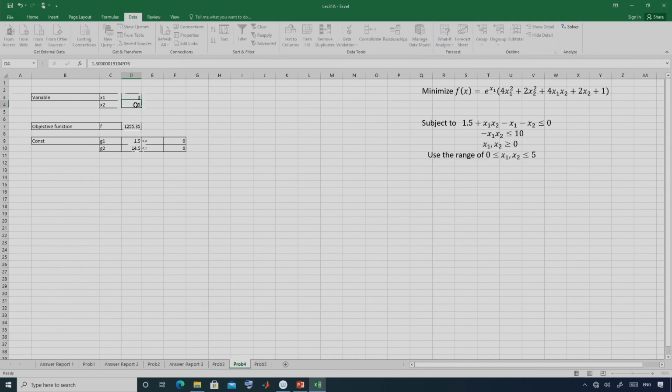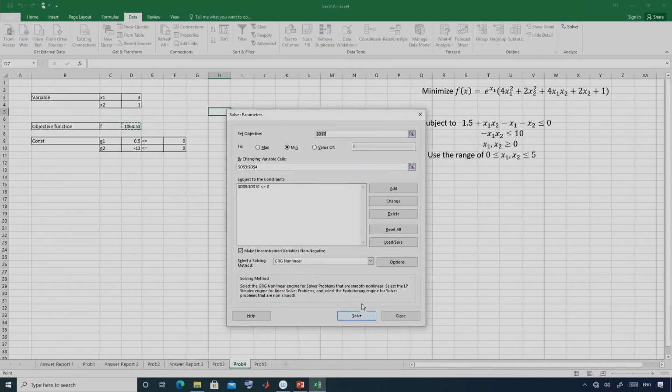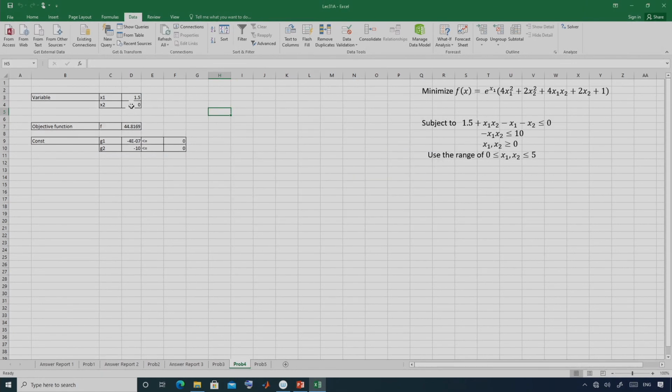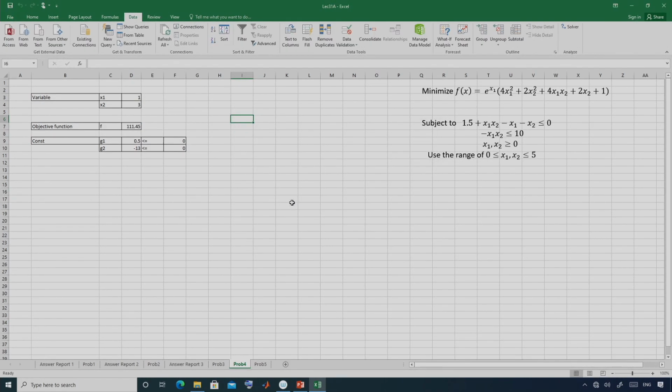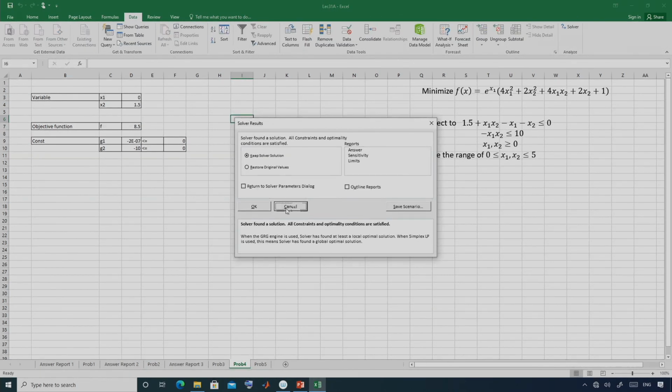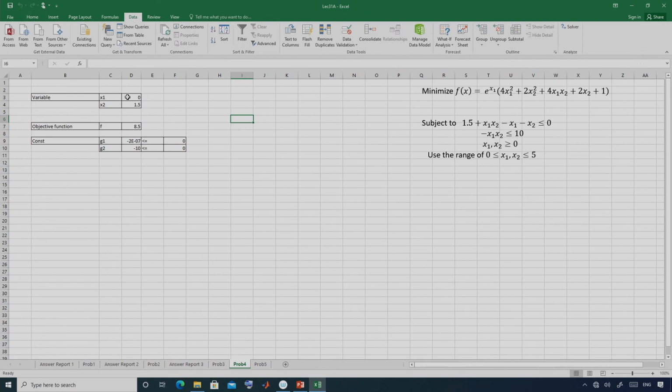Okay, let me. Once you are taking 1 and 3 as the initial solution, then you are getting the solution. So, let me try with 1 and 3 again. So, this is 1 and 3 again, and if you are solving, in that case you are getting the solution, and that is 0 and 1.5, and the objective function value is 8.5. So, therefore,